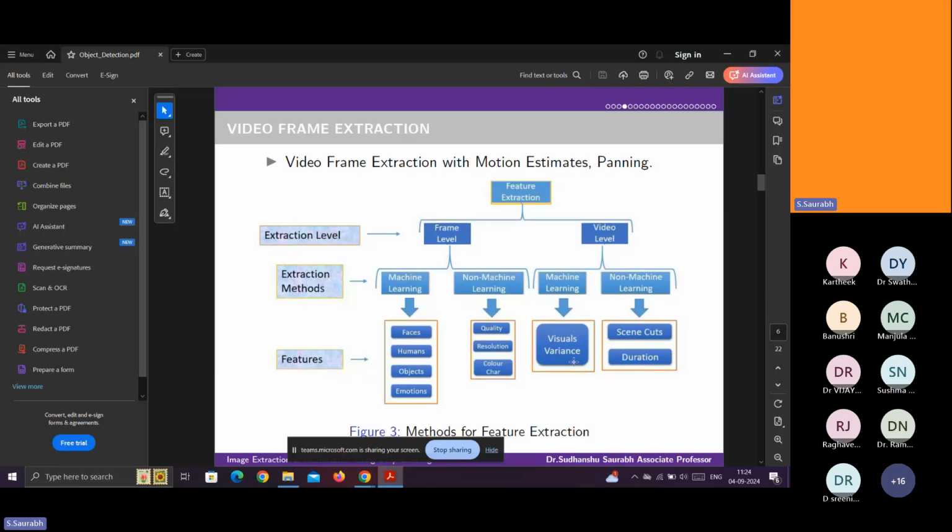So it is better to convert these videos into images. This is the only technique. And if non-machine learning techniques are there, then scene cut and duration are traditional techniques, and these are the features you have to analyze.